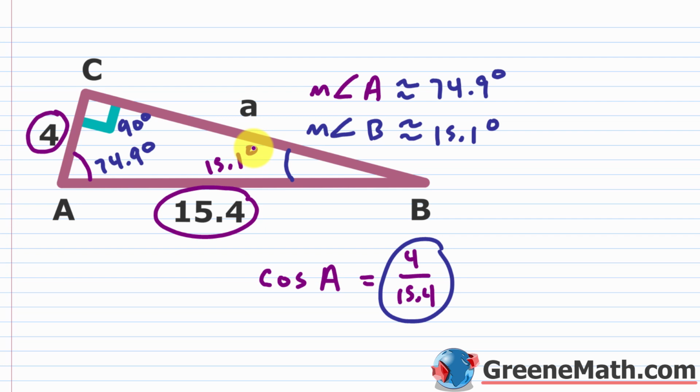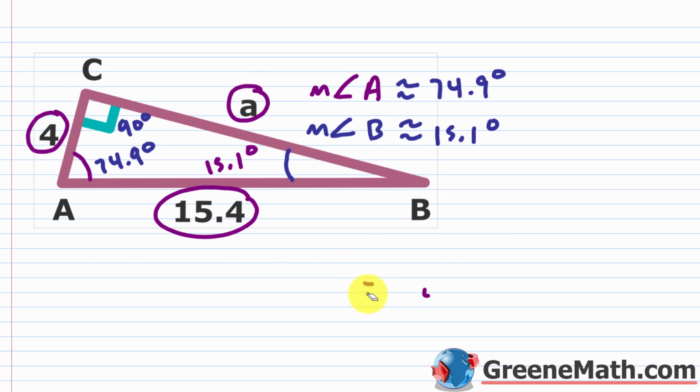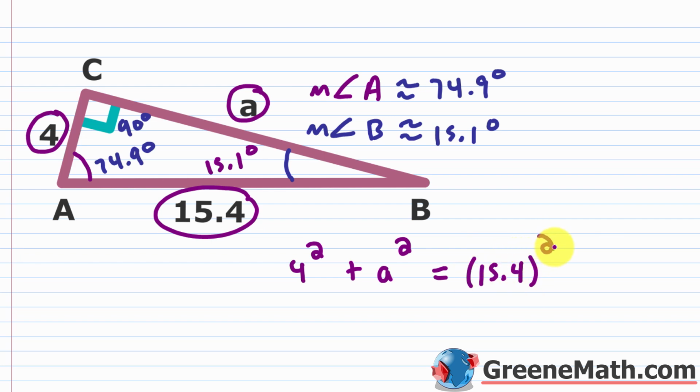Now what I want to do is think about how I can find this guy right here. The value of this lowercase a, the unknown side. So what I can do there is just use my Pythagorean theorem. We know that the length of one leg, which is 4 squared, plus the length of another leg, which is going to be a in this case, so that guy squared, is equal to the length of the hypotenuse, which is 15.4 squared. Now again, you're going to be estimating this. So 4 squared is 16, then plus a squared equals 15.4. If I square that, I'm going to get